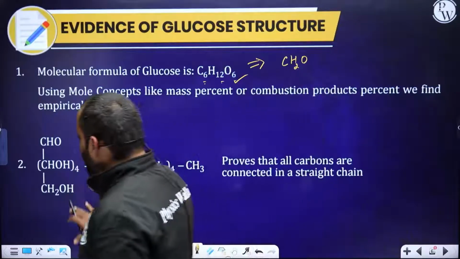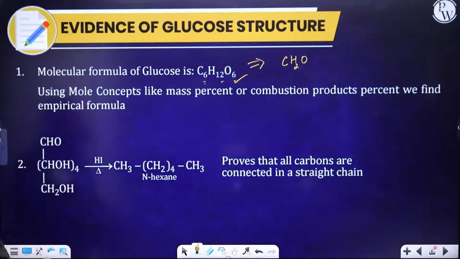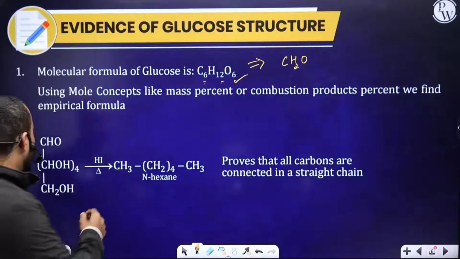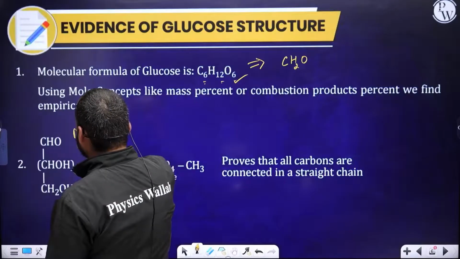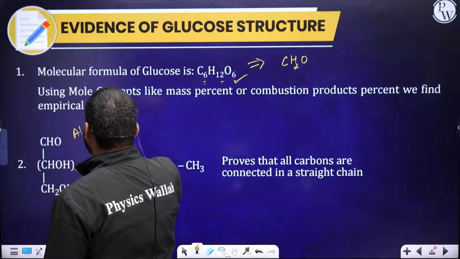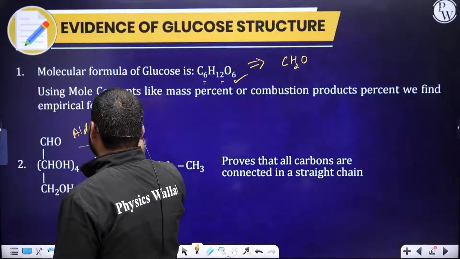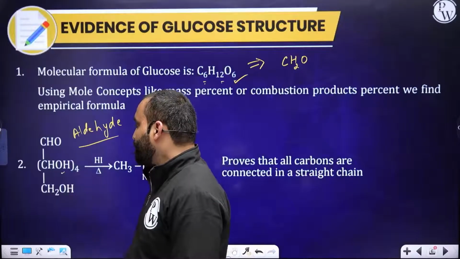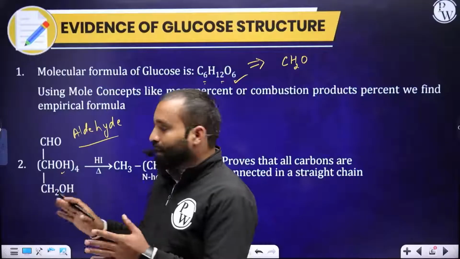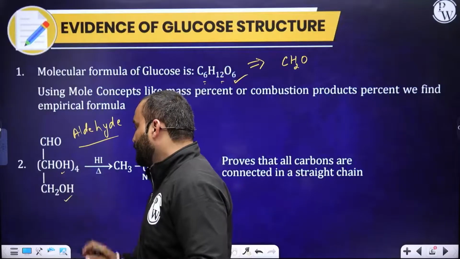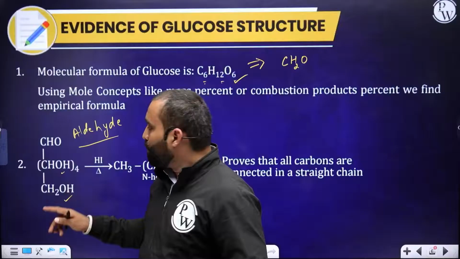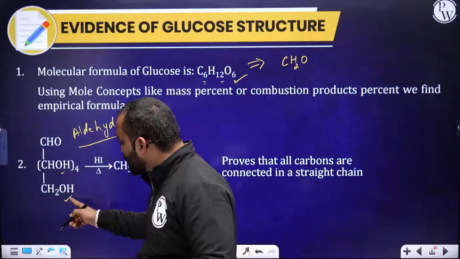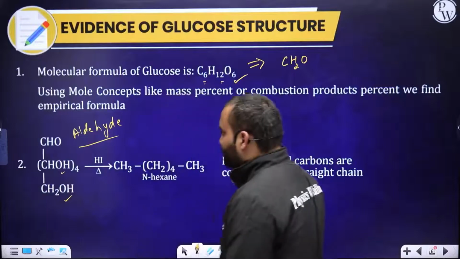This is the general skeleton of the glucose molecule. You can see that it has an aldehyde functional group. What is this, guys? CHO represents aldehyde. You are very well aware of it. And there are 4 hydroxy groups present, 4 alcohol units present in this molecule. There is another alcohol present, so total 5. But out of 5, 4 of them are secondary alcohol and this one is primary alcohol.